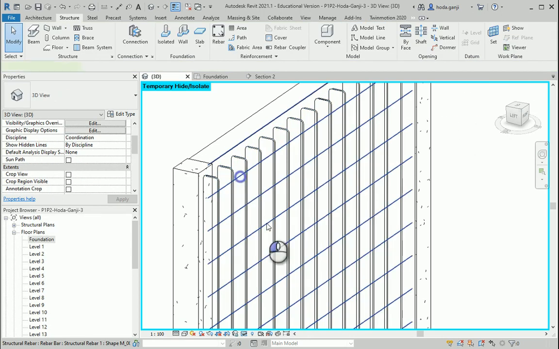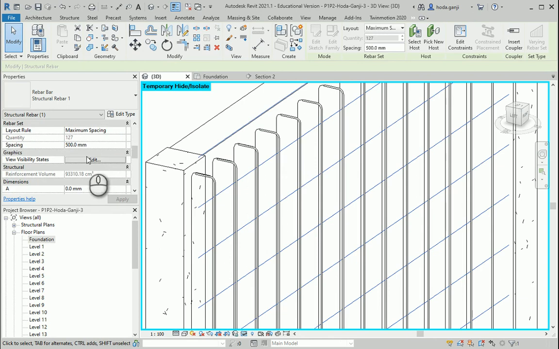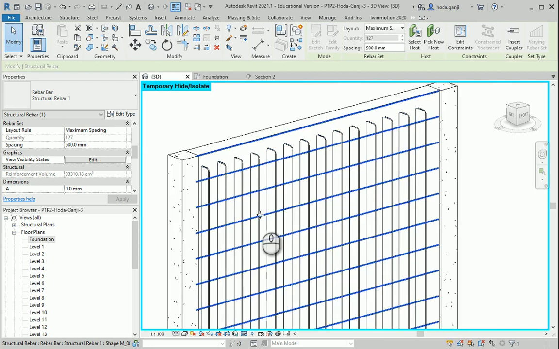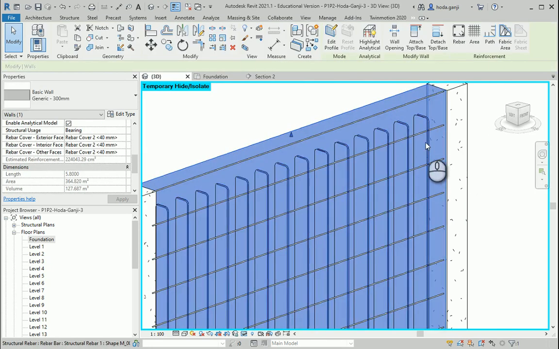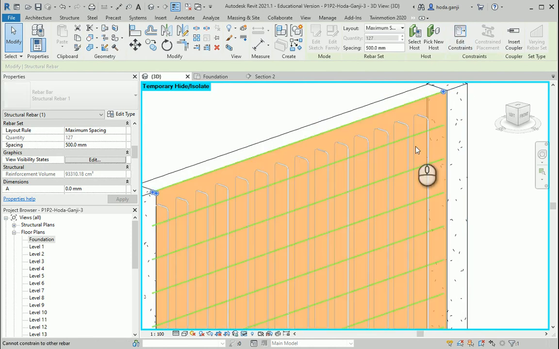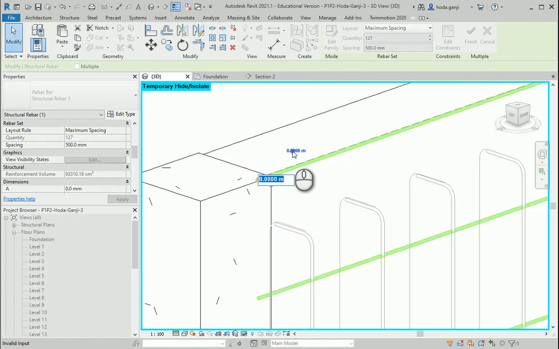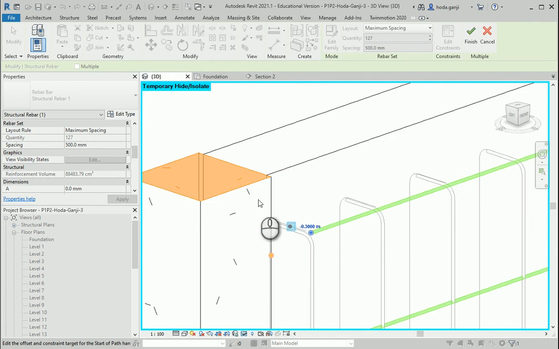Now you see that these are also again just lines. If you want to show the thickness, you need to go to the properties, graphics again, check the box for solid. And all the things that we did in the other one we need to do here too. For instance, I want to select this, go to edit constraints. For the top, maybe I will assign the same values, negative 0.3 here, negative 0.3, so it's gonna be good.